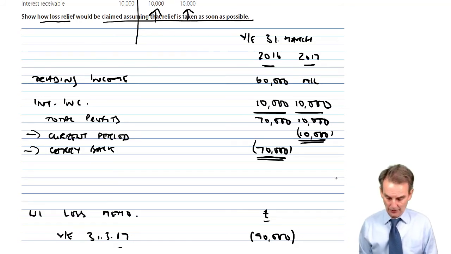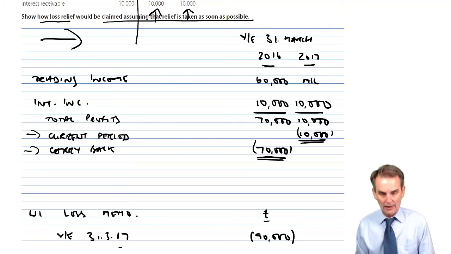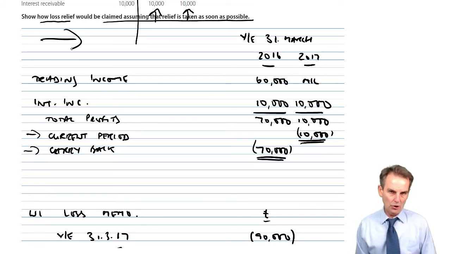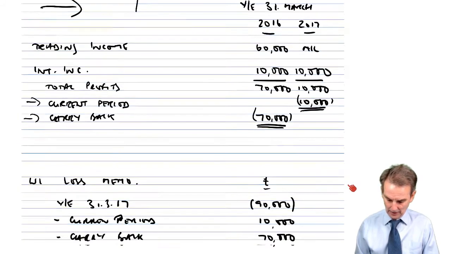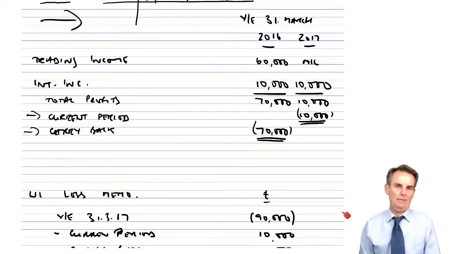So two parts to your answer, therefore. Firstly, the columnar approach here, a column for each accounting period, taking the information from the question and putting it into this format. All you're doing there is copying information out, but if there's a loss, we put a nil assessment in its place there. Get down to total profits, make the current and carryback claims, anything left over is carried forward, but show how that loss is being used, as we see here, in the form of a loss memorandum. Thank you very much, job done.